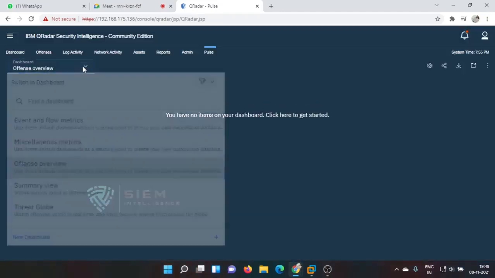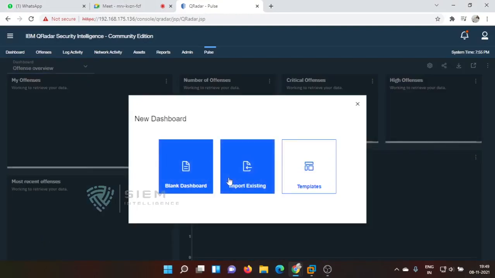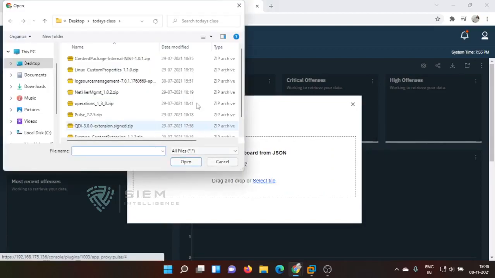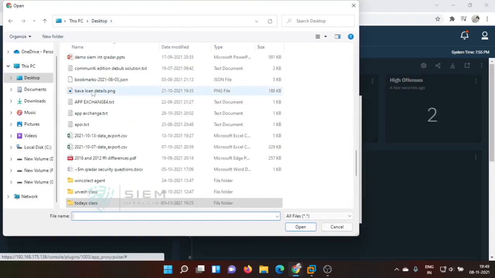The new dashboard. First I have some set of dashboards available, so I'll import those things. So select the file. If you see, I have some set of dashboards with me.